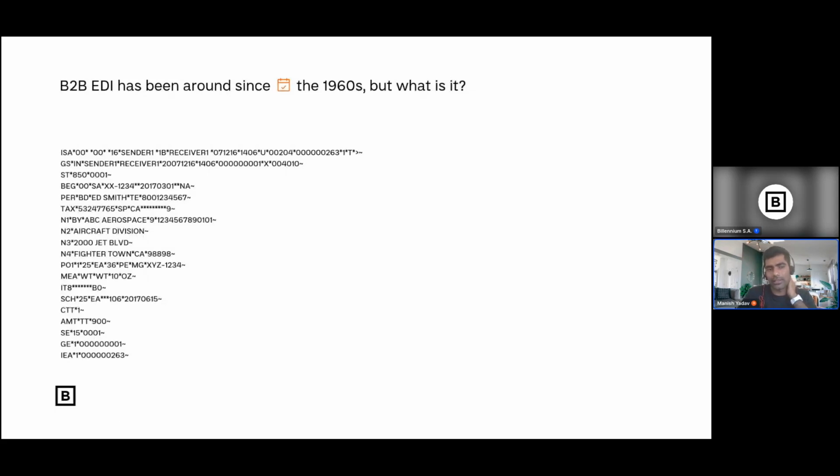So the partner manager has a feature: either they can reject your order if you send it with the same control number, or they have the option to disable that, so you can send the purchase order with the same control number. So if you see this ISA part, it has the sender and receiver. Again, ST is a transaction set, and 850 means purchase order.